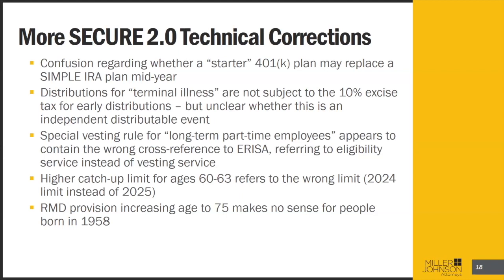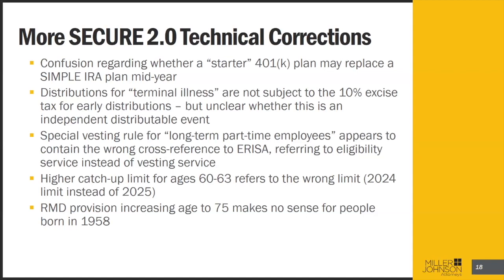And finally, there's the required minimum distribution provision. As you know, the age at which you have to start taking required minimum distributions increased as part of this legislation from 72 to 73. There's also an increase at the end of 2032, I think, that increases that from 73 to 75. But the way they wrote the legislation, it makes no sense for people born in 1958. If you're born in 58, you have both an age 73 and an age 75 beginning age, which again doesn't